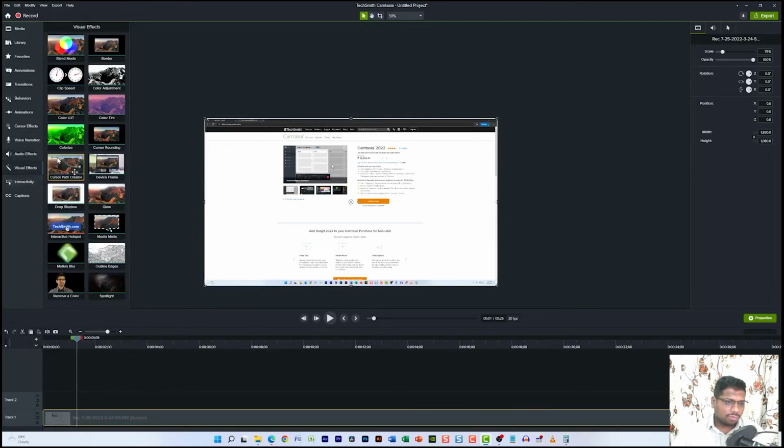Then comes the visual effects panel. These are the best options that you can use to actually add a bunch of spice to your videos. In the previous videos I have already shown you how you can use the remove a color option to actually remove the green screen on your video. Similarly, there are a lot of other features that you can use to add a bunch of highlights or animations